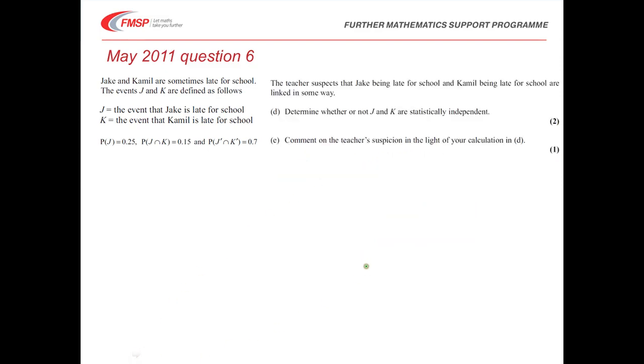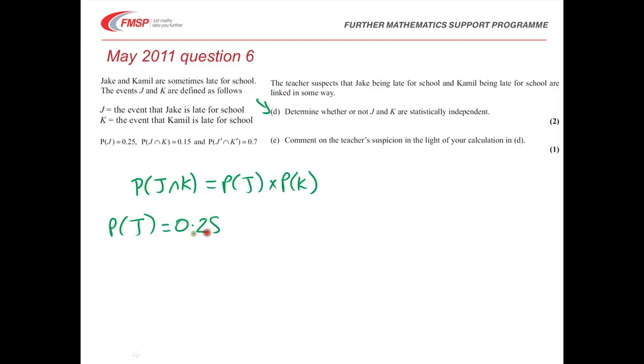Part D, we're asked to determine independence. Now, the easiest way of determining independence is to realize that the intersection has to equal the product of each individual probability. So we'll look at that bit first. So we know that the probability of J is equal to 0.25. We know that the probability of K is equal to 0.2 because we had to work that out. So 0.2 times 0.25